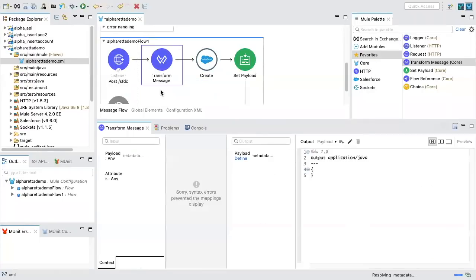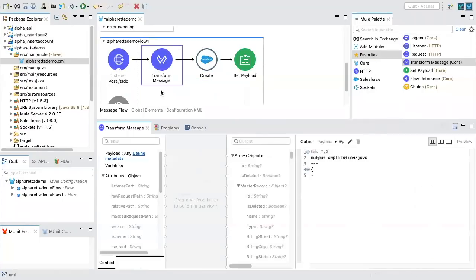This is one of the most highly used components. You see, DW 2.0 is DataWeave 2. Mulesoft will generate the script automatically, but if you are an awesome programmer, you can do whatever magic you want. Perfect. So left side versus right side. Now the question is, we don't know what is coming from the left side.